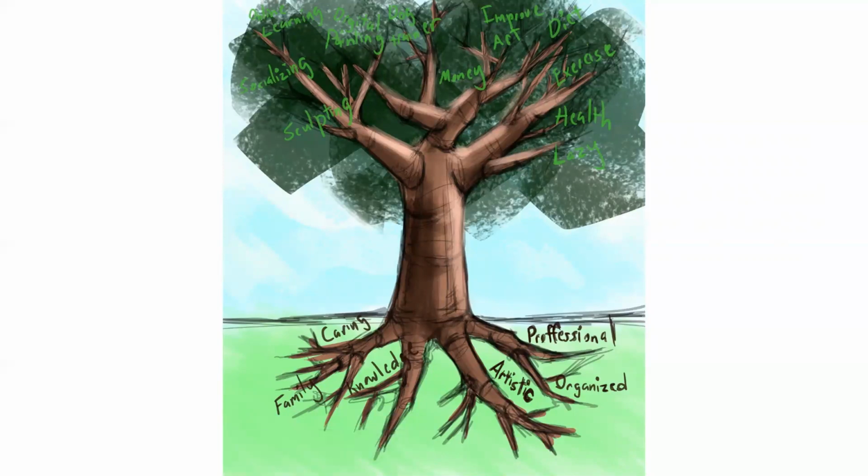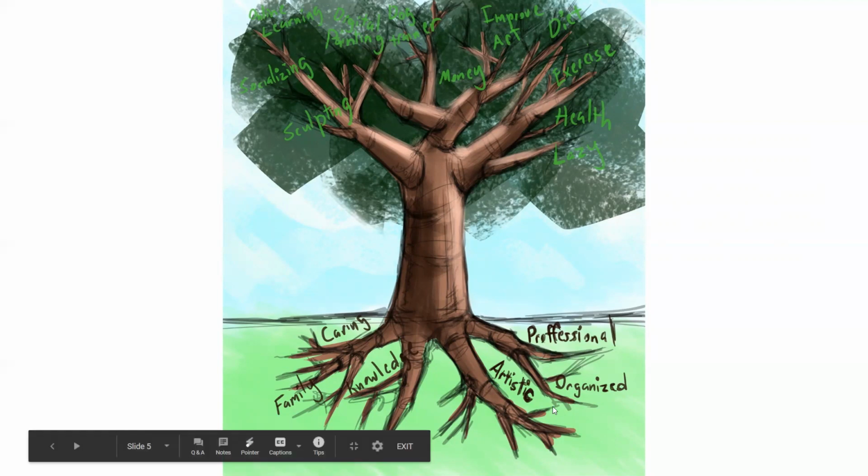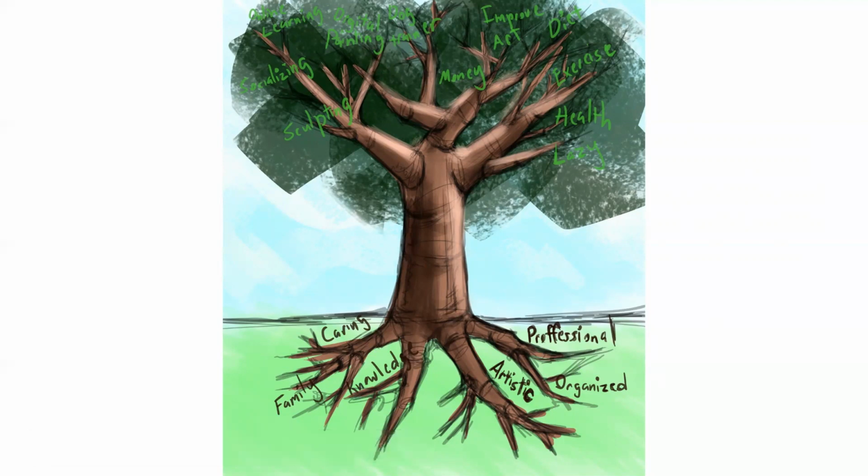And just doing this little activity, the writing is not as important as the drawing part, because you really have to take your time and think about things that are positive about yourself, and also things that you can improve on. And in some cases it's kind of a little hard to think, because